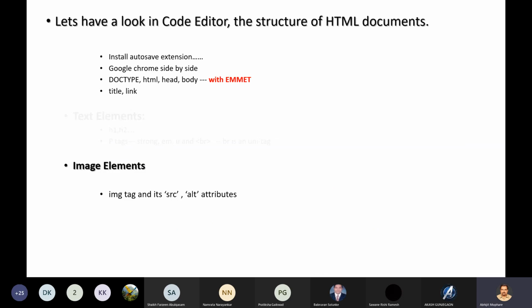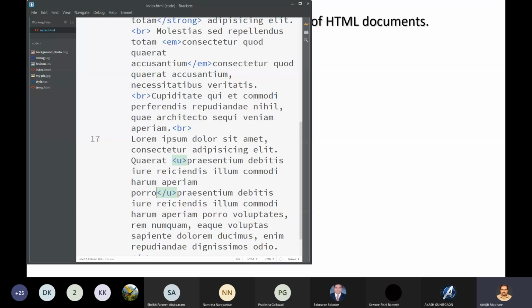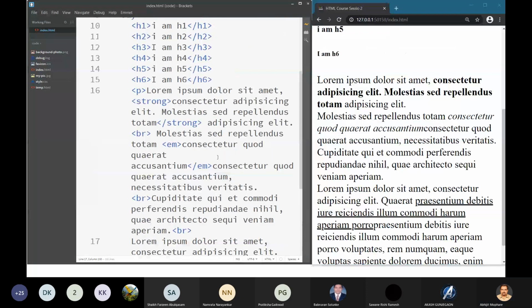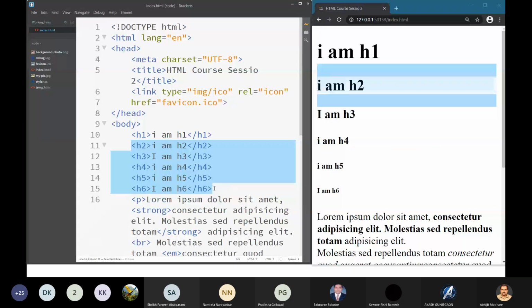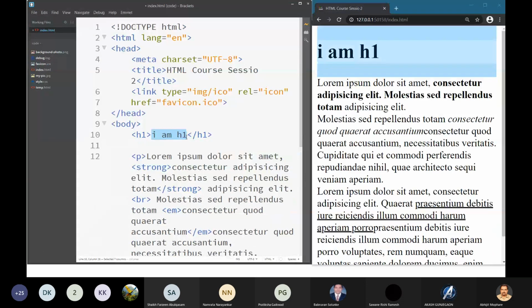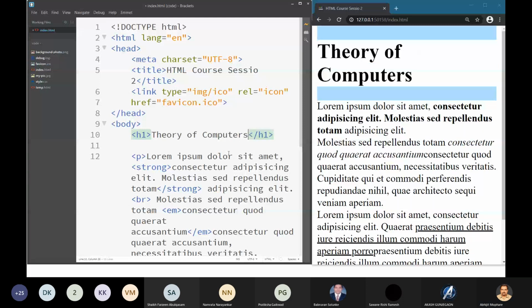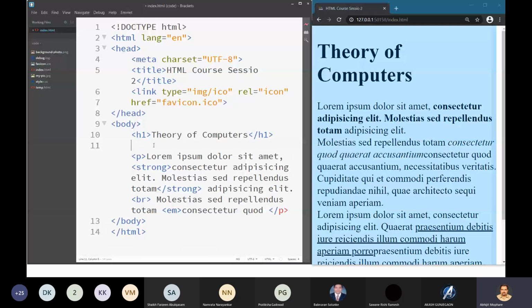So let us use this image tag and we'll have one image put inside our document. So what I will do, I will remove the headers. Have some heading. And this has a little paragraph. After this paragraph, suppose we have one image.